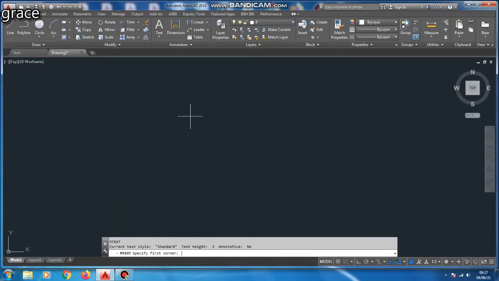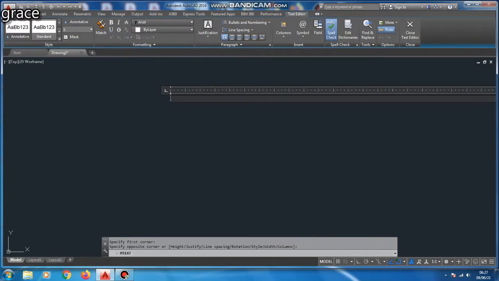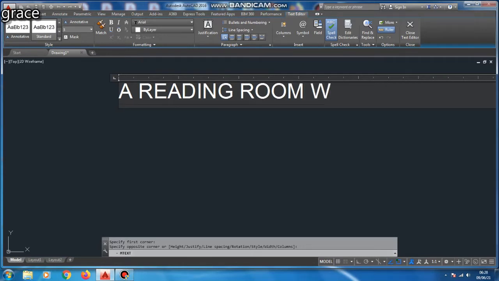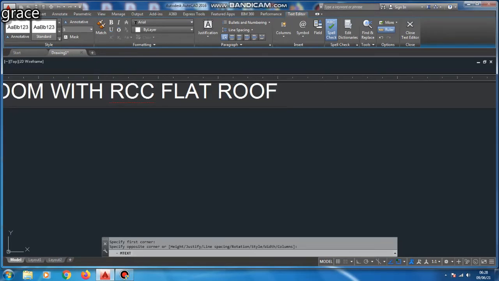Next I am going to write the title of our diagram, that is reading room with RCC flat roof. This is nothing but our load bearing wall structure. Just using the dimension style, I am going to give the title of our diagram: a reading room with RCC flat roof.